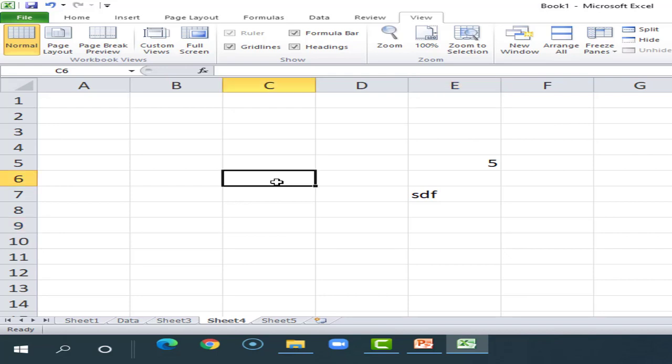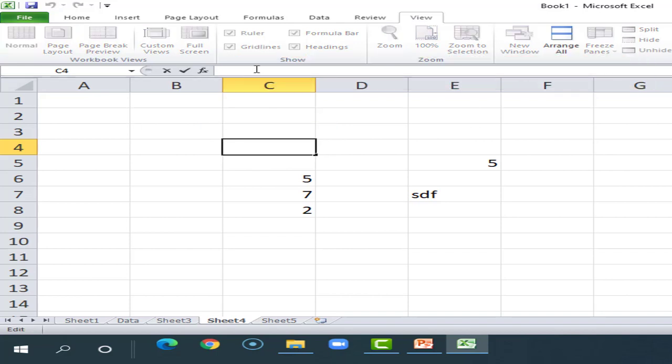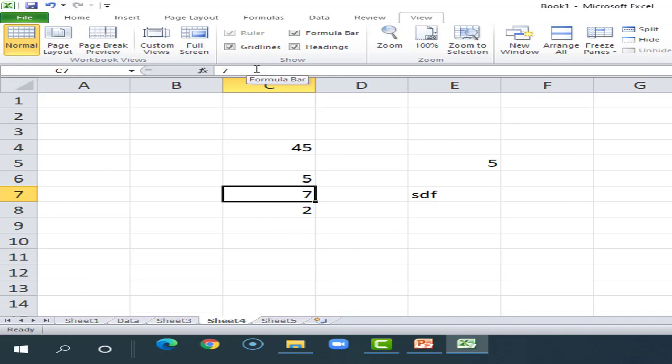Now you can insert any value, numeric data or other different types of data in the cell. Another way to insert data is to select that cell and then go to the formula bar, write the content whatever you want to enter and then click on the enter button. If the data is already available and you put new data, then it overrides the previous data and fills the cell with the new data. So this is what is known as a cell. When you select that cell, it is known as the active cell.